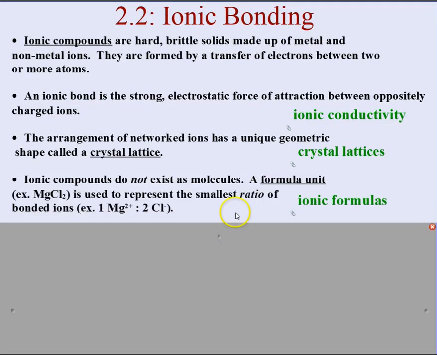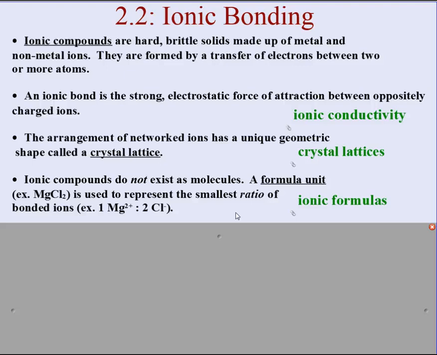Okay, the next point is just a bit of a follow-up to the last. When you saw the crystal lattice, you'll notice that there were a certain number of potassium ions and a certain number of bromide ions. And when we refer to an ionic compound, we don't refer to it as a molecule, as a separate particle. We really refer to the lowest ratio of bonded ions, and that's what's called a formula unit. So we can think of it as a unit, and the unit itself,